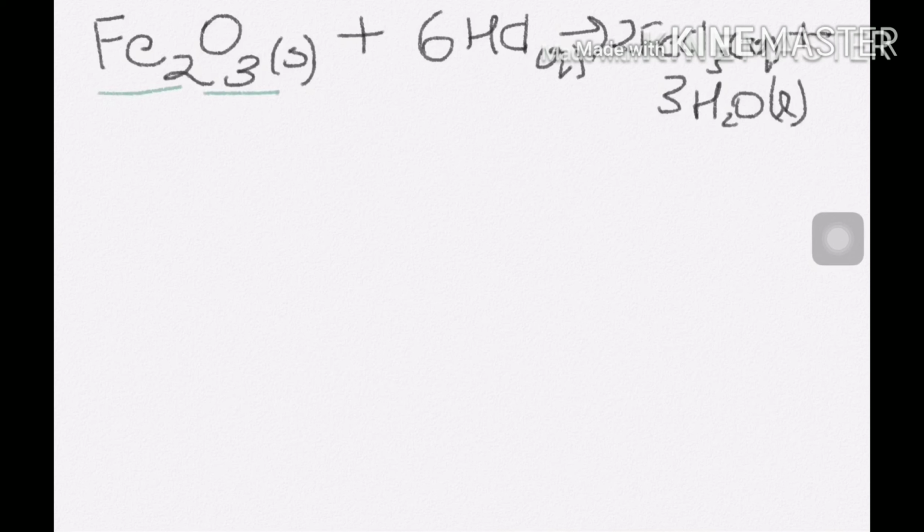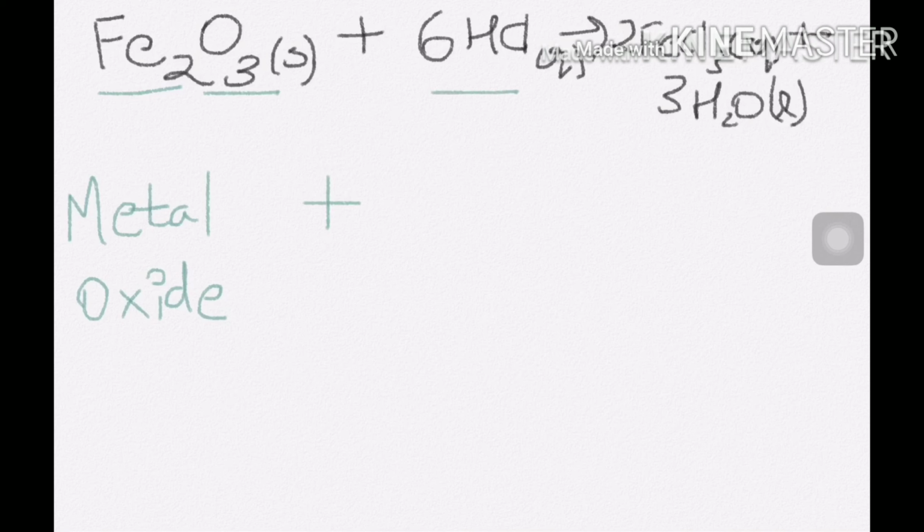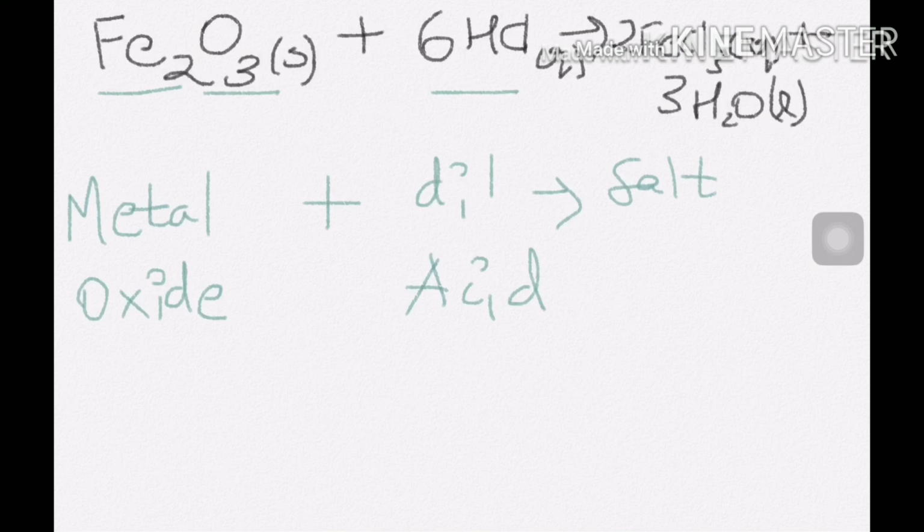So over here you see that Fe2O3 means iron, which is a metal, and it has oxide. So metal oxide with dilute HCl gives you salt and water. Iron chloride, right? So salt and water. So the difference is water is released when there is oxide, and hydrogen or usually a gas is released when it is in the pure form.